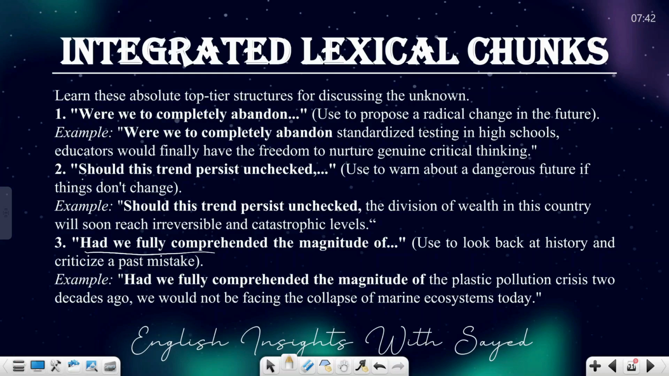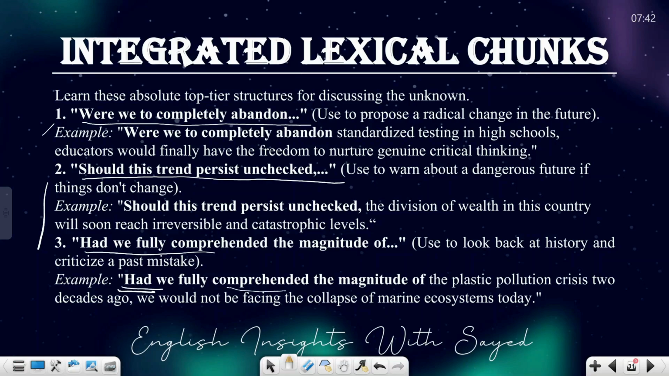এইরকম একটা structure, অথবা আমরা ব্যবহার করতে পারি should this trend persist unchecked, অথবা ব্যবহার করতে পারি were we to completely abandon, যদি এটা করতে চাই, এভাবে আমরা structure ইউজ করতে পারি। তাহলে এই second-টা দেখেন, এটা তো এক নম্বরটা তো আলোচনা হলো, should this trend persist unchecked, the division of wealth in this country will soon reach irreversible and catastrophic levels. অথবা had দিয়ে যদি আমরা বলি, had we fully comprehended,